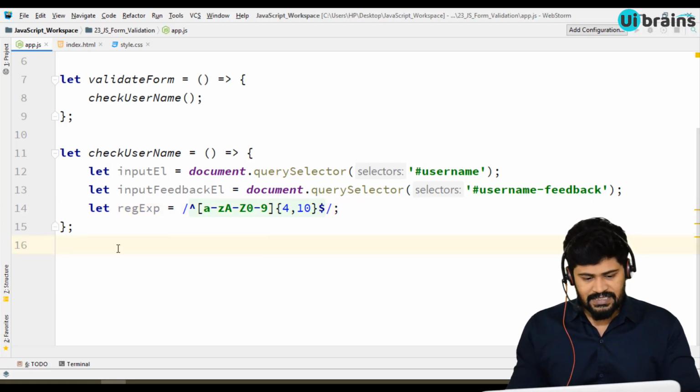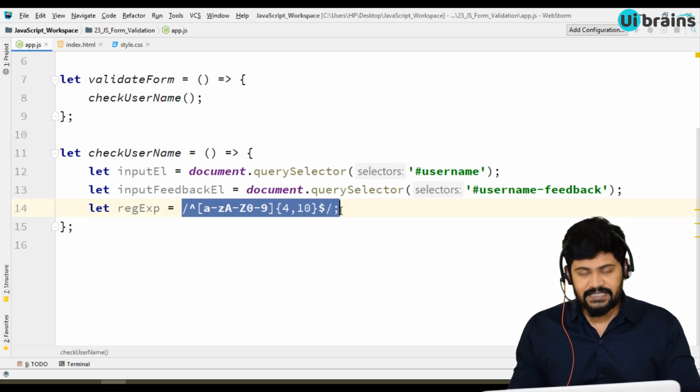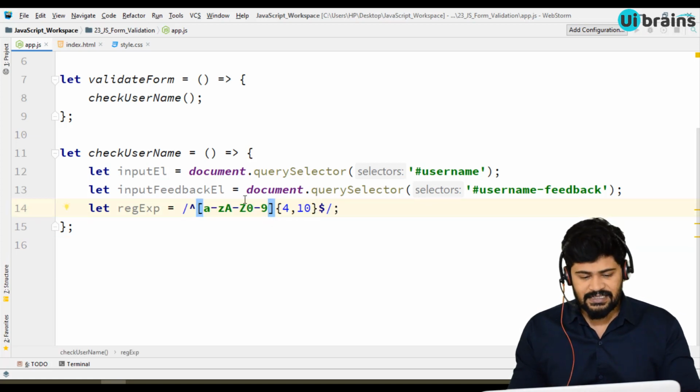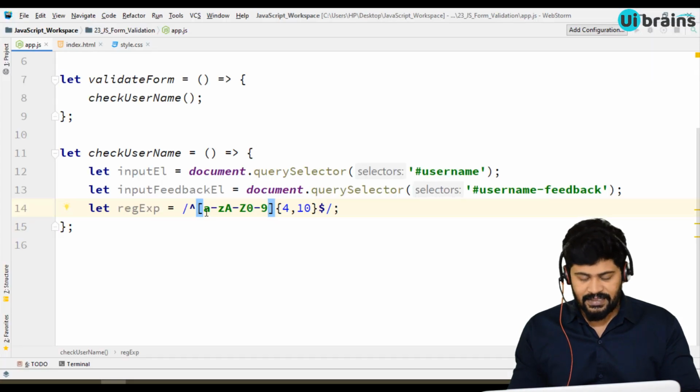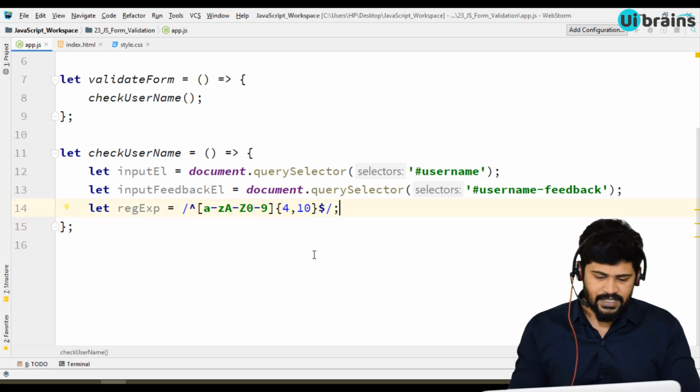Okay, so this is my expression. What this expression says is that whatever username you're writing must contain lowercase characters, uppercase characters, or numbers. No special characters allowed. And also a minimum of 4 characters and a maximum of 10 characters are allowed. So that is this formula.